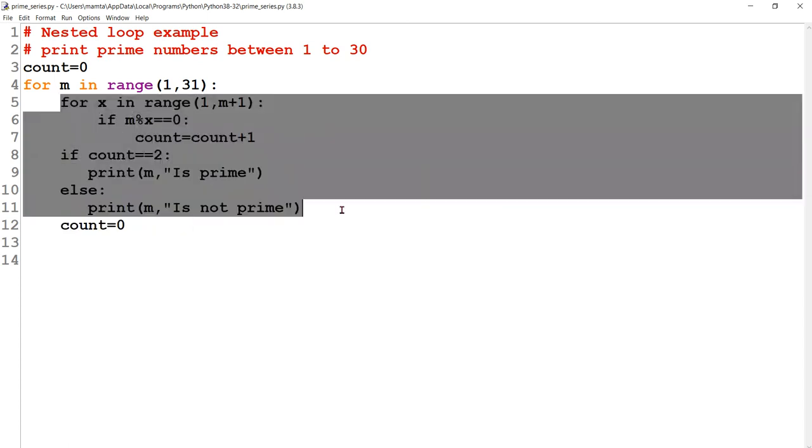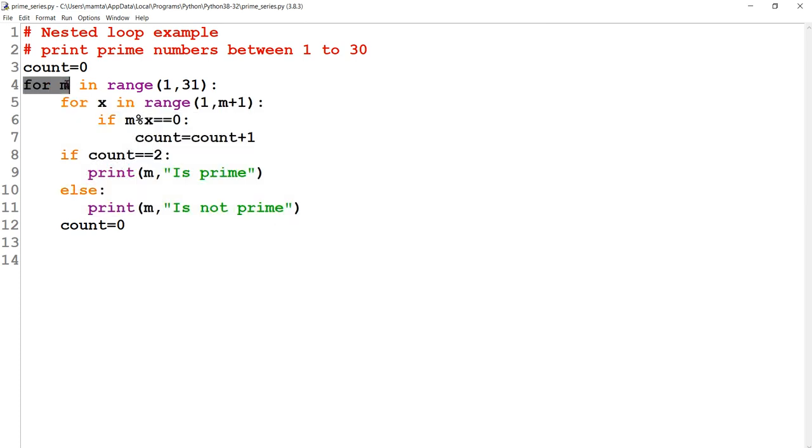This basic logic you have already done, and I have kept it within one outer loop. So the outer loop is supplying the numbers 1 to 30 continuously, and the inner loop is receiving that number. So when m's value is 1, x's value will be 1, and it will check whether 1 is prime or not. 1 is neither prime nor composite, we know.